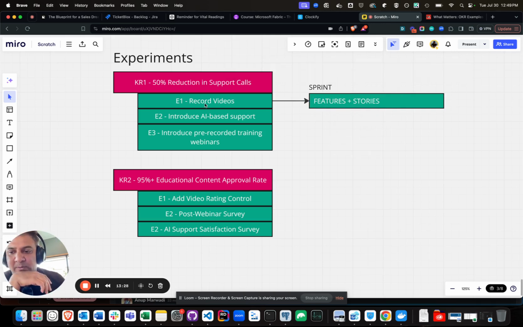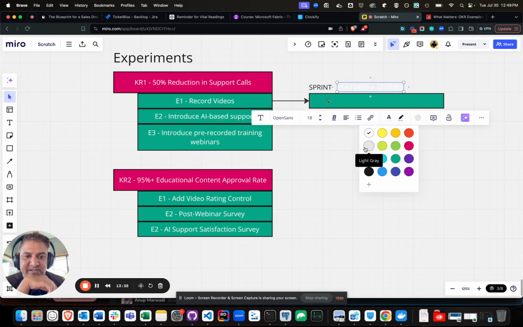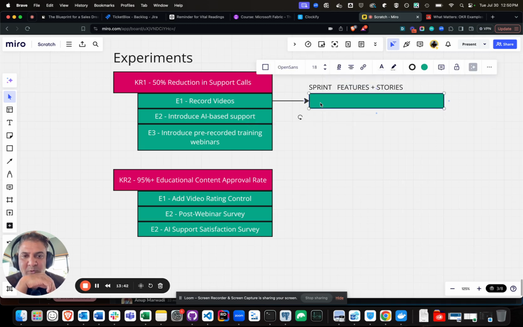So let's say we want to record videos. That is one of our sprints. So one of the features could be that we want to record. One of our features could be to record, let's say, a setup video, and the stories underneath that could be